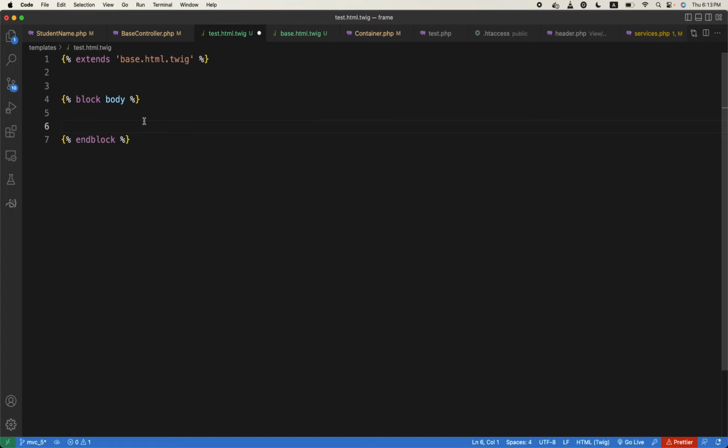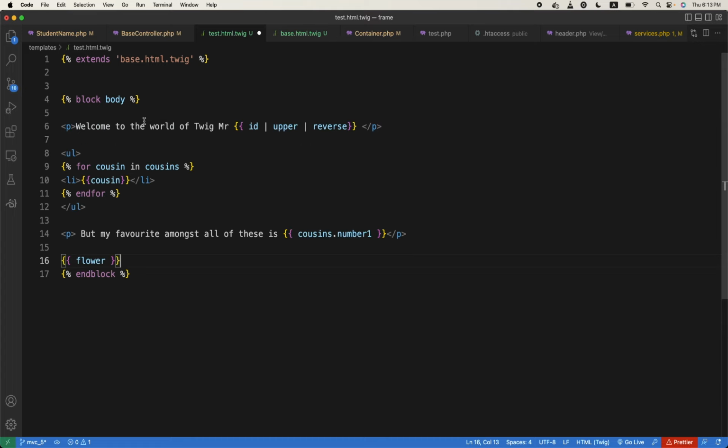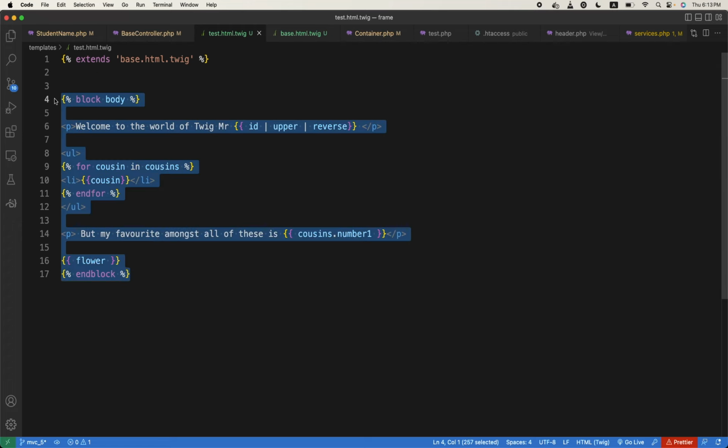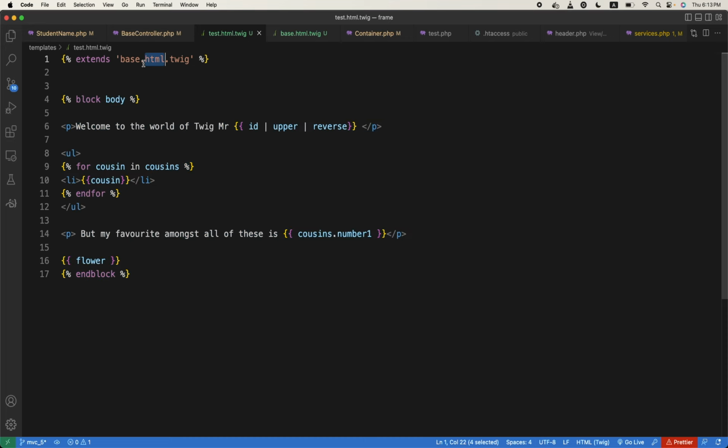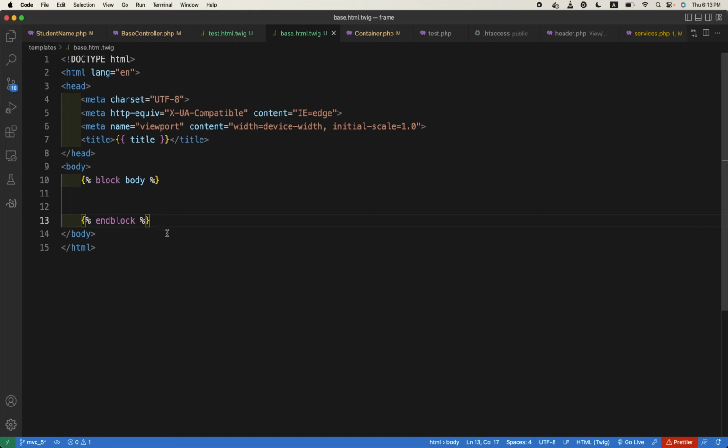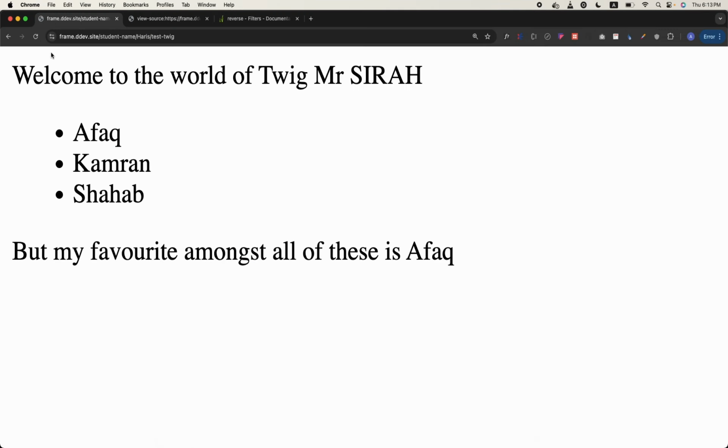So here I will paste all that code inside that block. Now this block will be replaced; it will extend base.html.twig, and in base.html.twig this location will be used to place that code because it is extending it, right? If I refresh it,